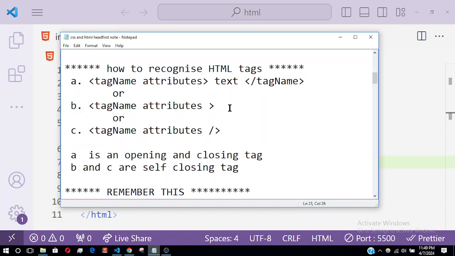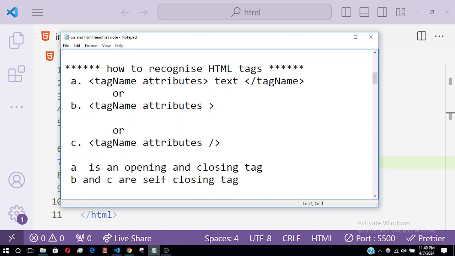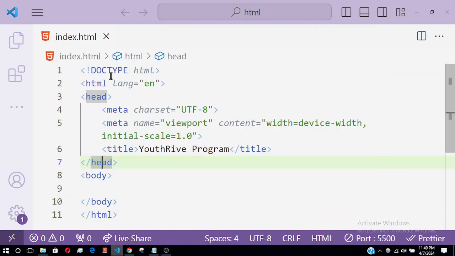For example, let me show you on this VS Code. So this meta tag here has a name attribute, and its value is viewport, and they are separated by what? An equal to